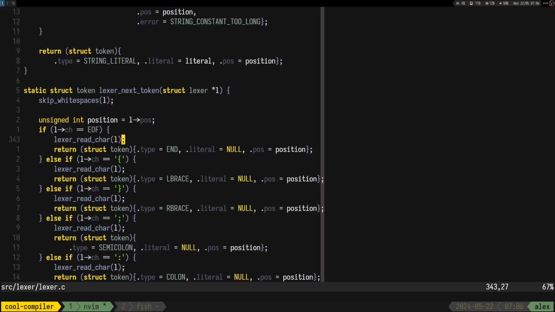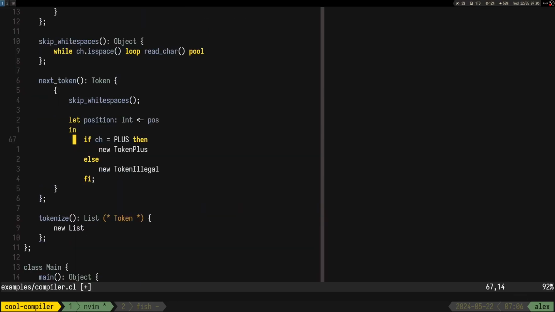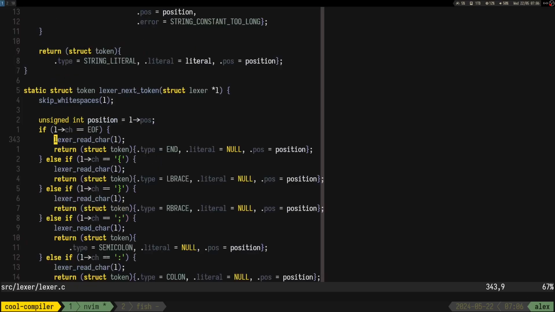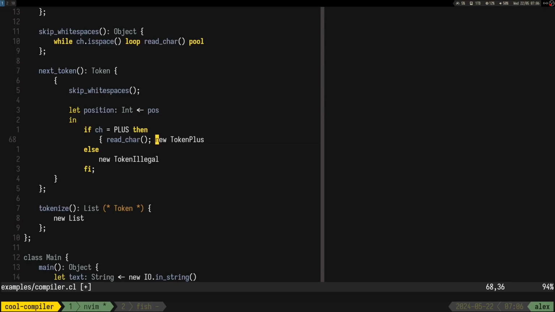Alright, that's how we have to do it. Then here we need to read char, go to the next character basically, and then we return token plus.